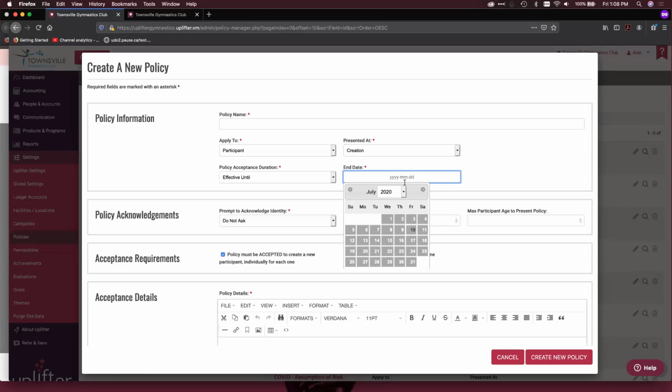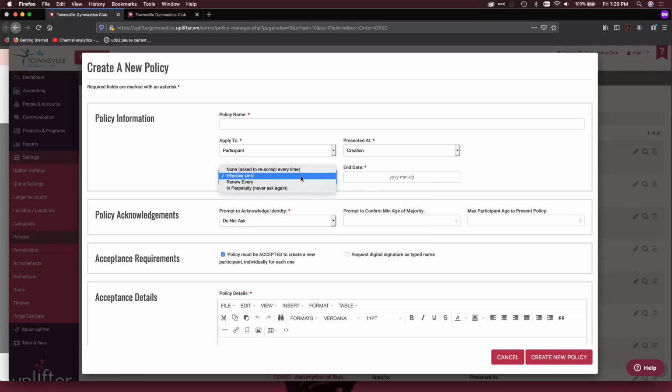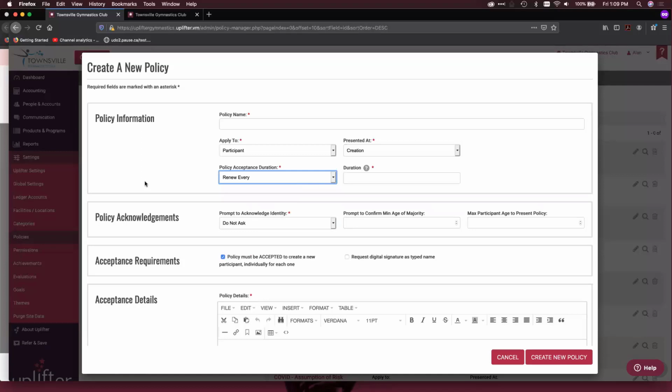So you would have this expire maybe at the end of next season, or at the end of this current season. Once that policy expires, you can then delete that policy and create a new one, or you can update the policy with the new policy date, which would then be represented to your members with the new policy date expiring. Alternatively, you might want to create a policy that renews every X number of days or X number of months.